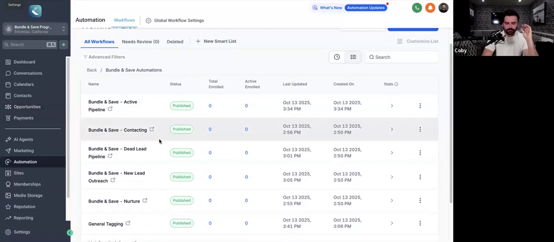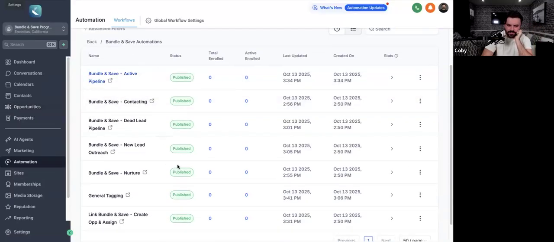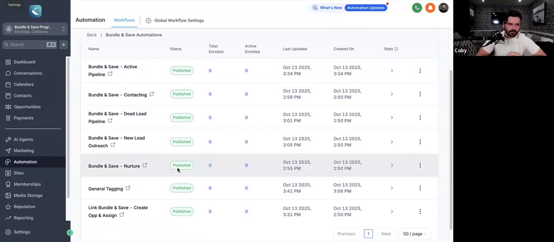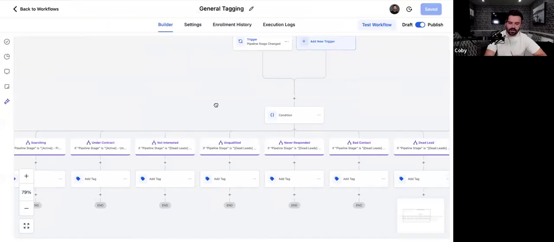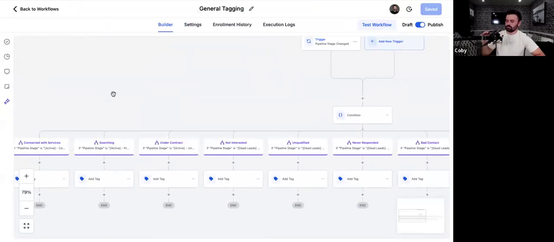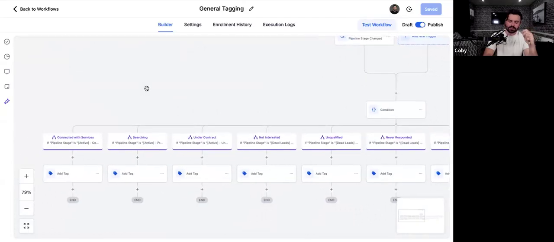So, outside of that, one last thing on the CRM, it's super, super important to look at it with the end in mind. When we are setting up a campaign, something as basic as setting up the tags correctly can save a lot of time. Anytime one of the opportunities gets moved, whether it's from new lead to contacting to actively working to not interested to unqualified to bad contact, no matter where they go within the CRM, we add a tag to every stage they move to. Because at the end of the day, 4 months from now, or 6 months from now, or a year from now,